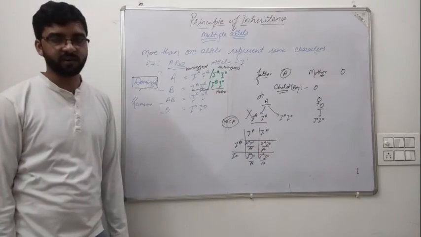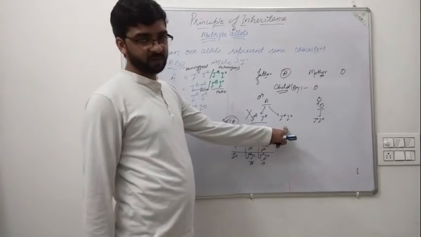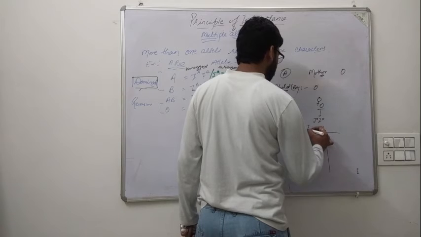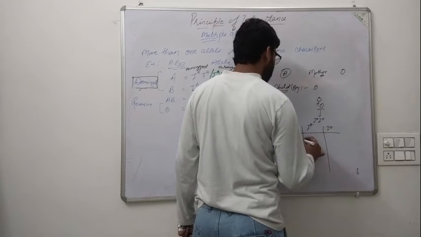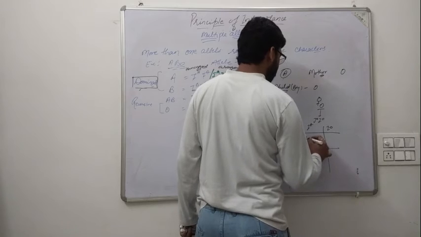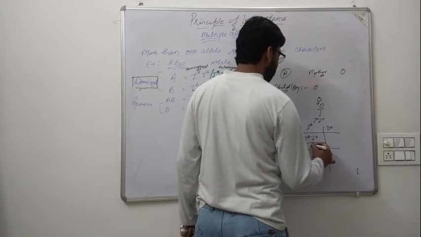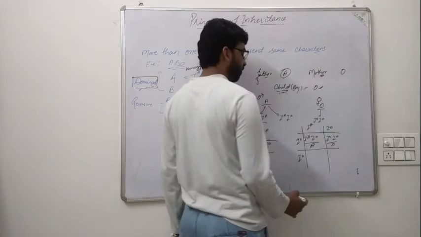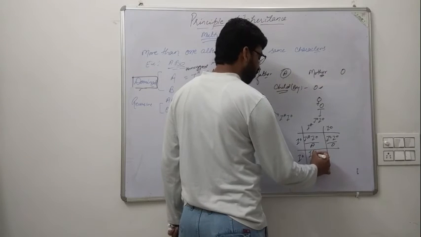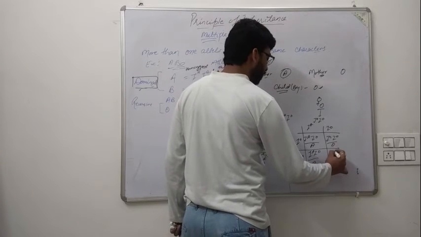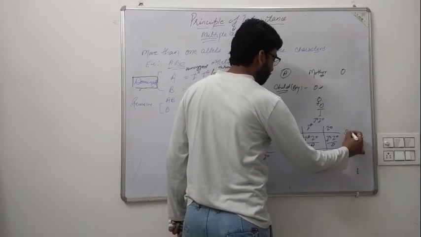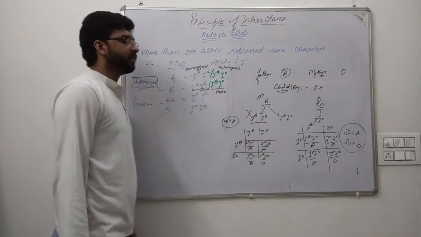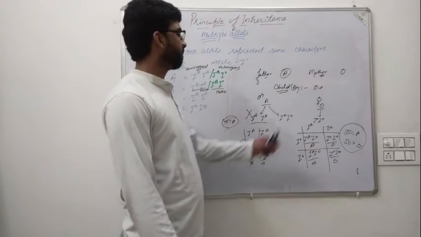The father doesn't have such a genotype, means it is the exceptional one. We do it with the help of a Punnett square again: IAIO for the father and IOIO for the mother blood group. IAIO is a chance of blood group A. IOIO is a chance of blood group O, means we have a probability for that. IAIO again a chance of blood group A, IOIO again a chance of blood group O, means 50% chance of blood group A and 50% chance of blood group O here.